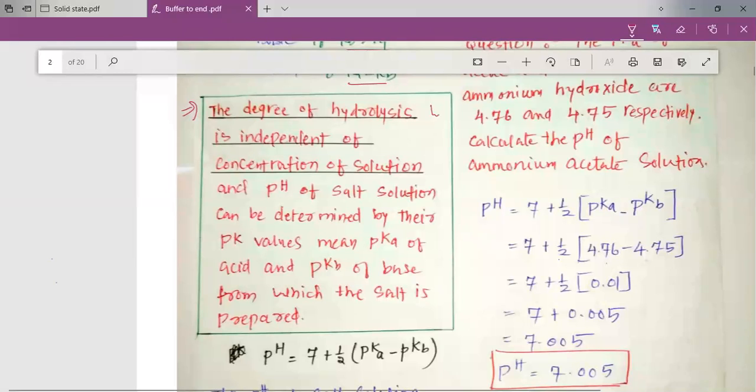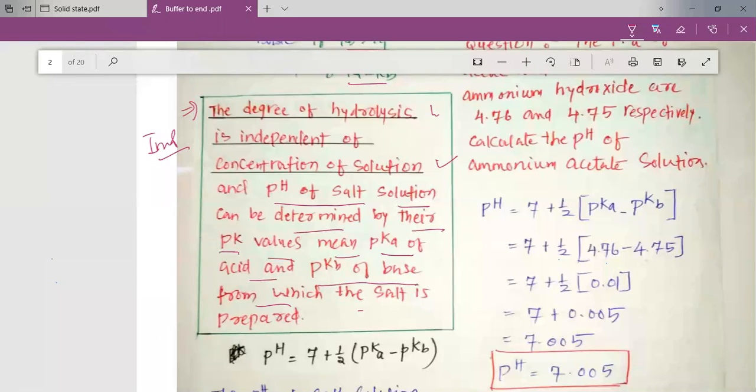Please remember, it is an important statement that the degree of hydrolysis is independent of the concentration of the solution, and the pH of the salt solution can be determined by the pK values, meaning the pKa of the acid and pKb of the base from which the salt is